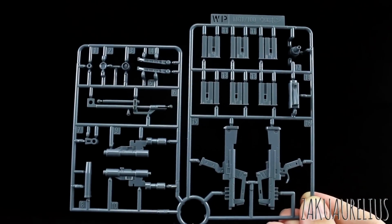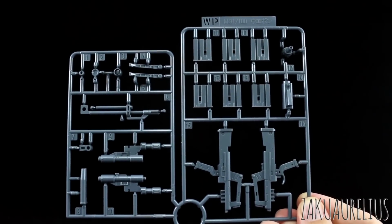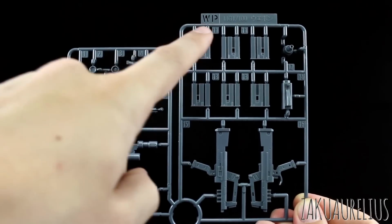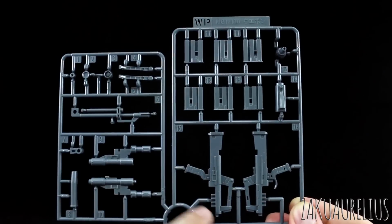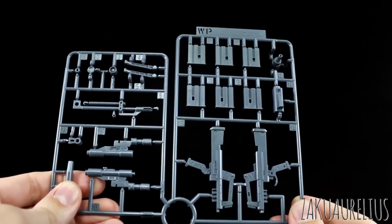Then last but not least, we have the WP runner. So this is a little bit of an interesting one because this runner, as far as I can tell, is totally new. So the marking for this is Master Grade 1/100 scale weapon. So here we have the parts that are for the sniper rifle, and here we have the parts that are for the bullpup gun. So this is all in that standard gray as well. You can see the date on this is